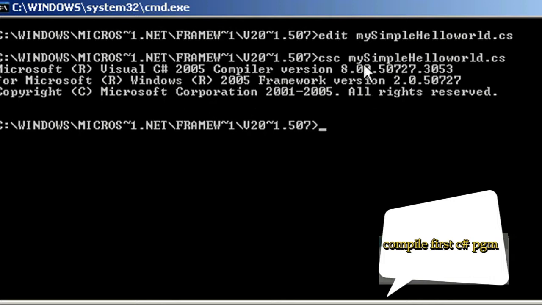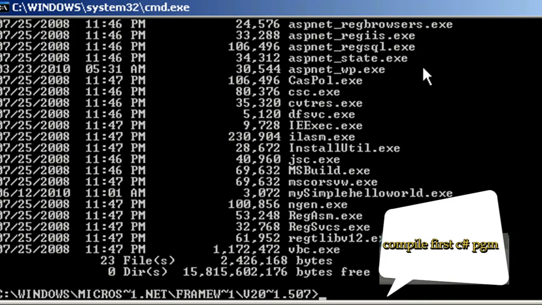Now what happens is, the time you compile my simple hello world.cs, it creates an executable with the same name. So if you do a dir star.exe, you will see the my simple hello world.exe created here. So let's go ahead and run it.